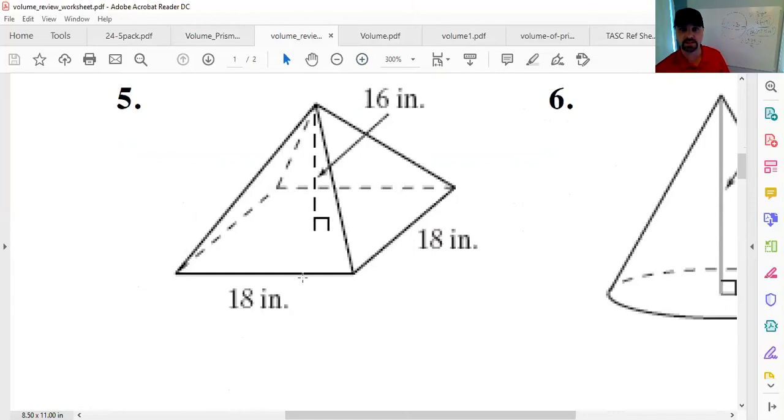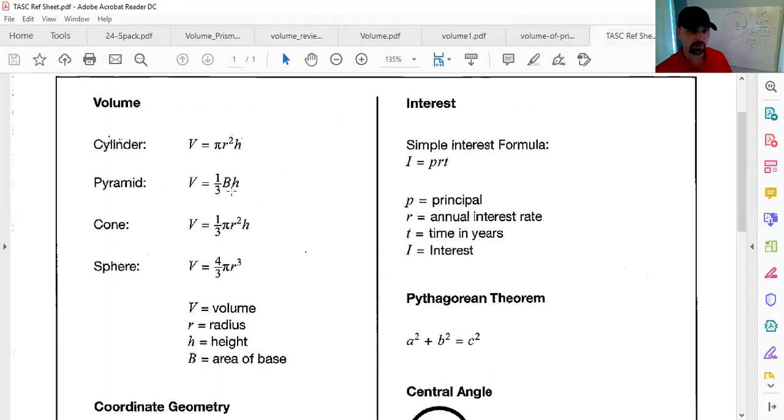If you look at the bottom, it's 18 by 18. It's got a square for a base. They don't have to be a square, though. It could be a rectangle. The base could be 18 by 14. Or it could even be like a triangular base. Regardless of what the base is, we need to realize that a pyramid,